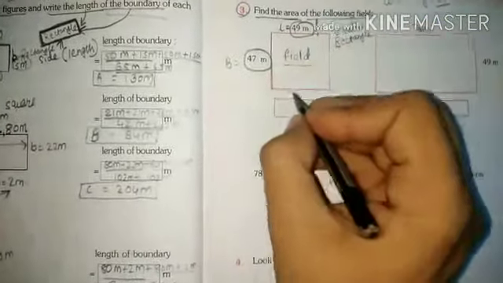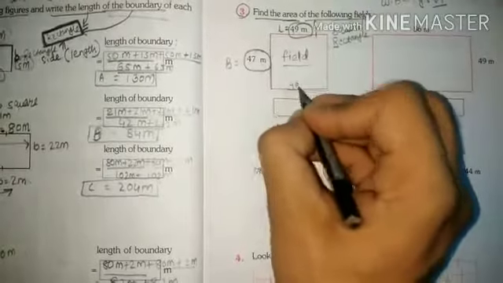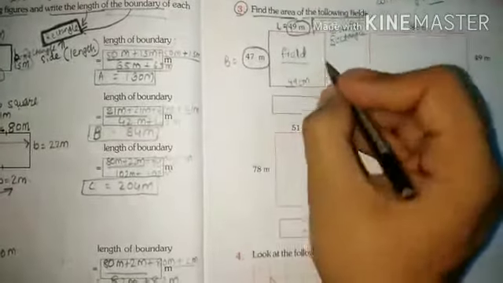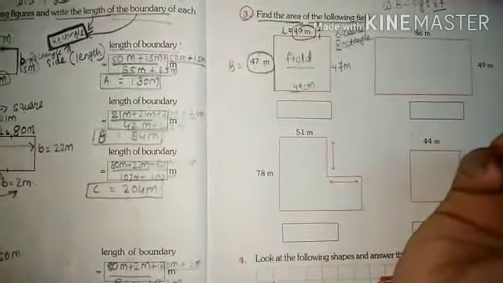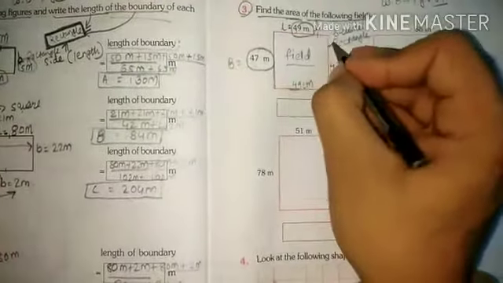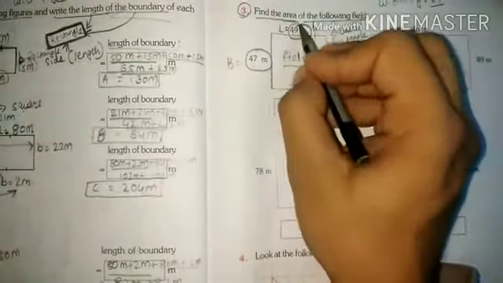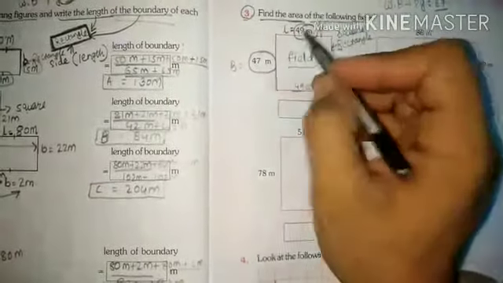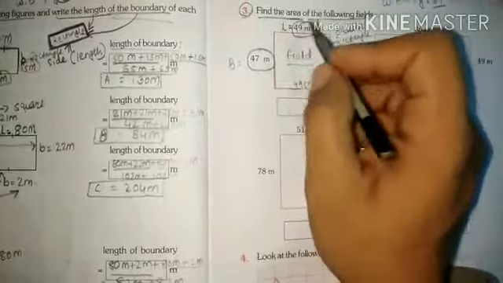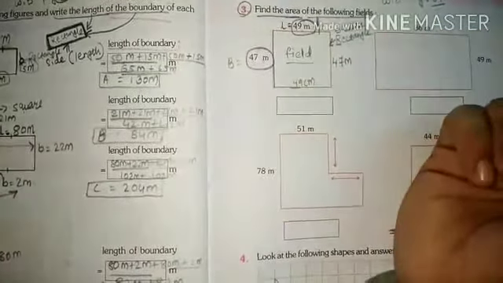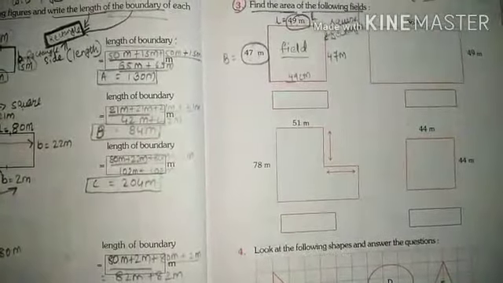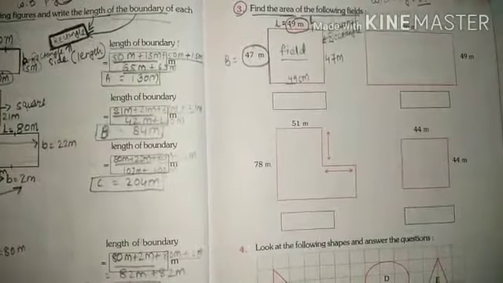So if this is 49 centimeter, this one also is 49 centimeter, this is 47 centimeter, this must also be 47 centimeter. So no guesses, students, this is the figure for the rectangle because this one is different and this one is different. If both had been the same, we would have applied the formula for the square. So students, let us open a new page in your notebook and start to do a sum by applying the formula.